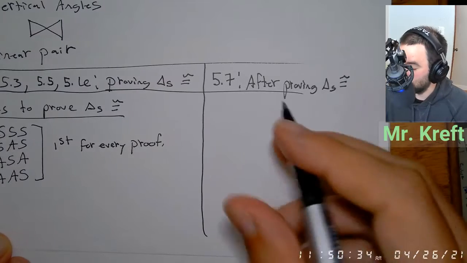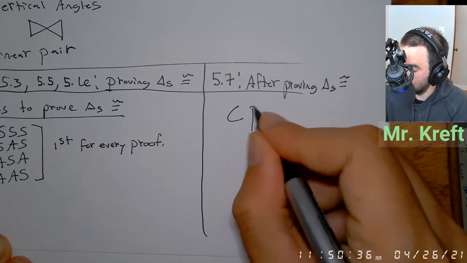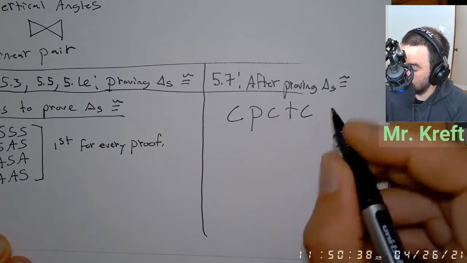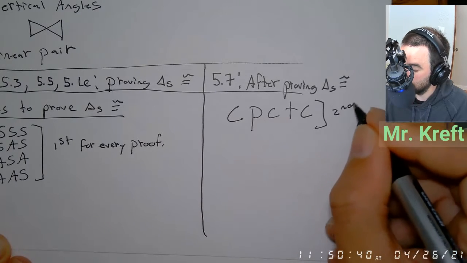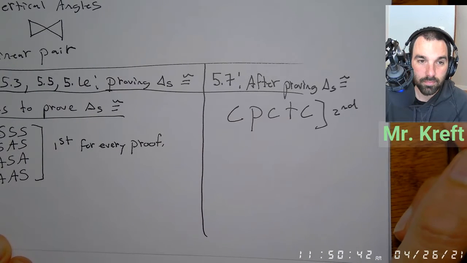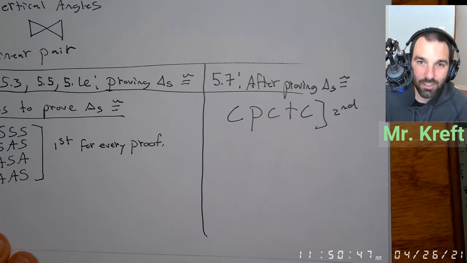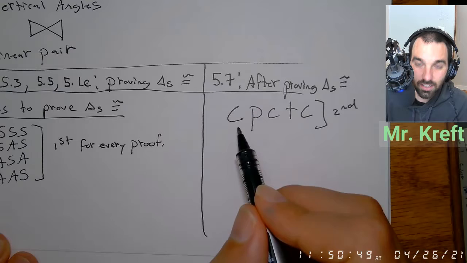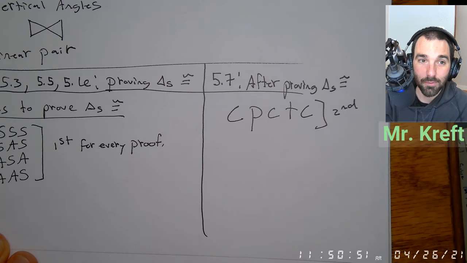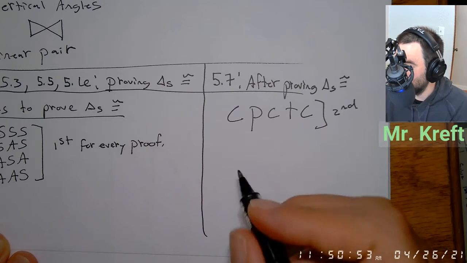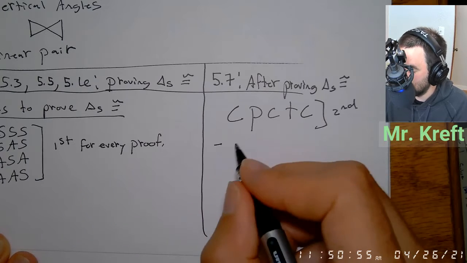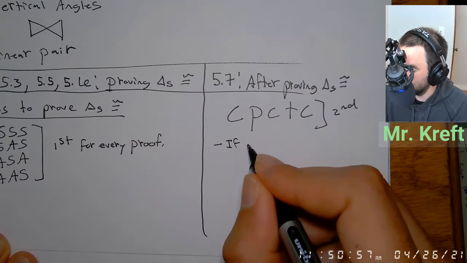So after proving triangles congruent, we have CPCTC. This comes second. I'm not going to write out the formal definition because you don't need to know that. Well, I can just say it: corresponding parts of congruent triangles are congruent. But the street definition is if triangles are congruent,